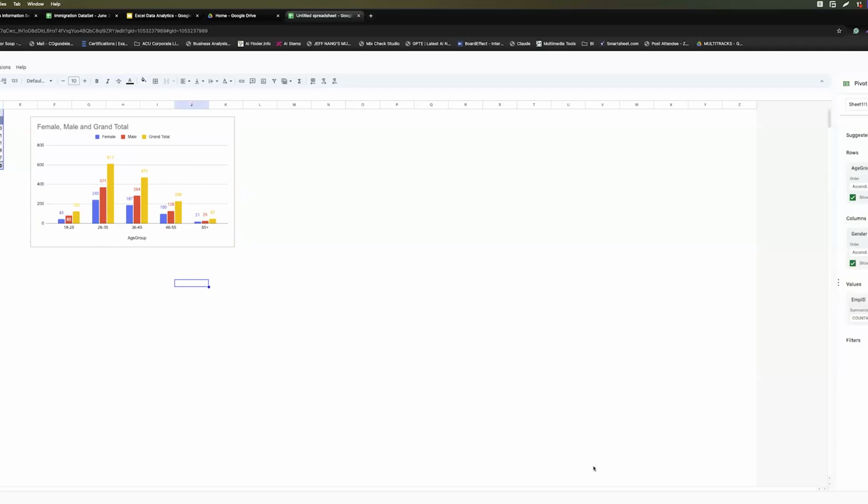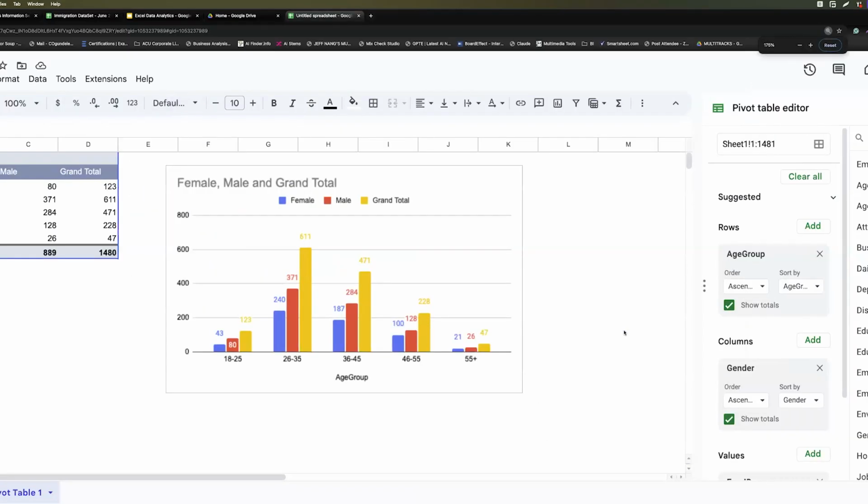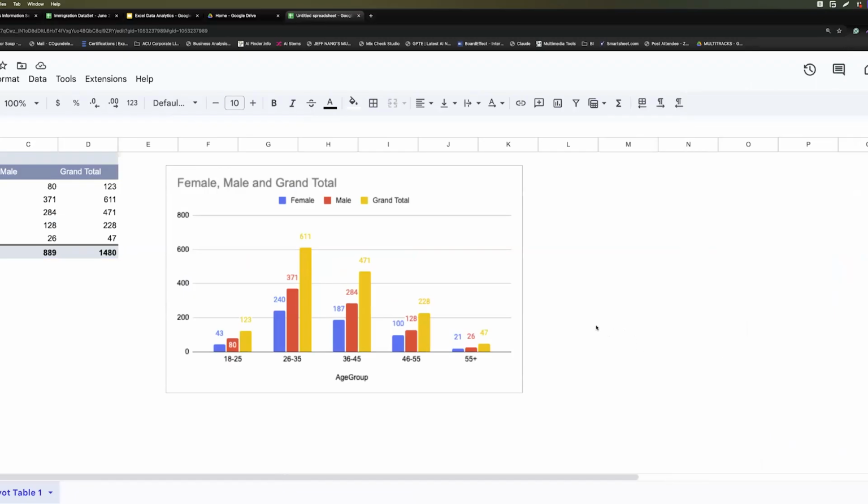You can see that virtually everything I did in Excel, I just did the same thing here in Google Sheets. And this is free, as long as you have a Gmail account. So I hope you see the possibility based on your question.